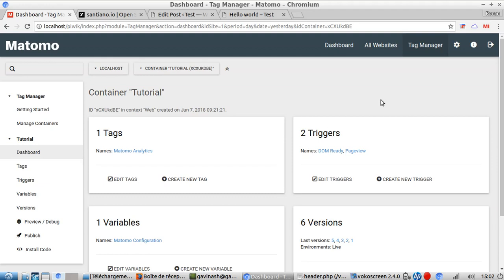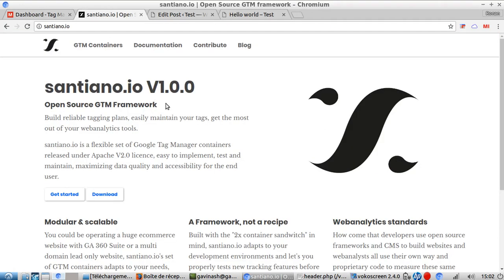Hi everyone, this is a new video to explain a little bit how Matomo Tag Manager is great and how the Santino project is very great as well, and how the two can fit together. Good chances that you never heard about Santino before. Santino is, as I said, an open source GTM framework, but I will mainly say an open source TMS framework,